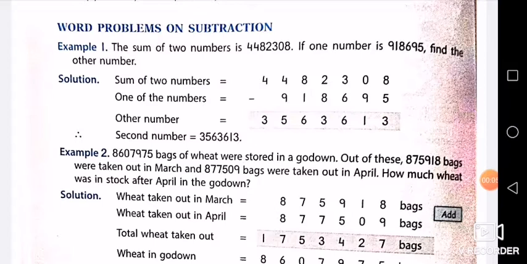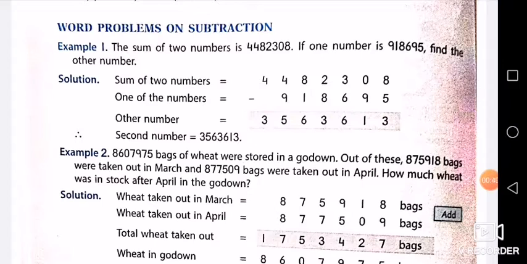Yesterday we started word problems on subtraction. So today again we will do a little bit of introduction to word problems on subtraction. As yesterday I told you how we will be using the keywords to know whether we have to do subtraction in this question or some other operation will be used there. See, when the questions come in the paper, the children won't be able to understand which operation we have to perform in that question.